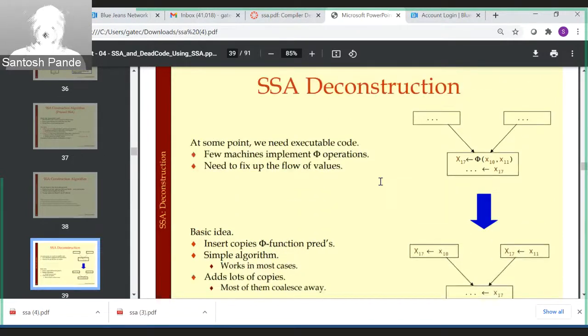Before we complete the topic of SSA construction, I want to mention one important step, which is about deconstruction. The SSA is generated after, as you know, the triples or quads are generated. The SSA is generated by this particular algorithm. It's populated. And then the SSA is used for doing all optimizations, such as data flow optimizations, PRE and whatnot,